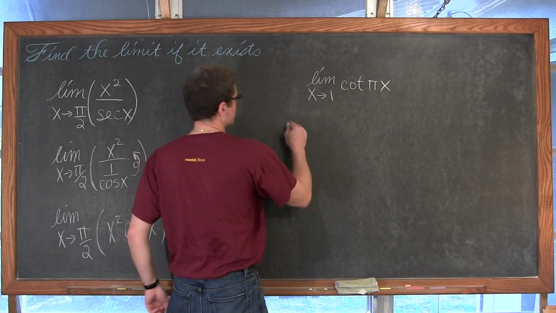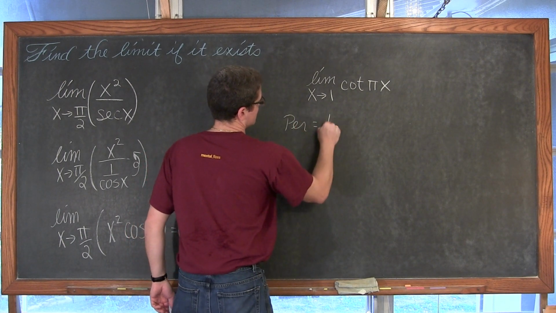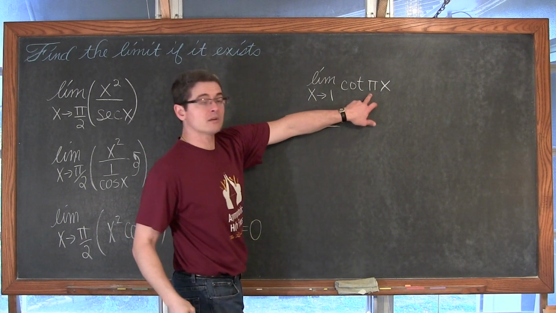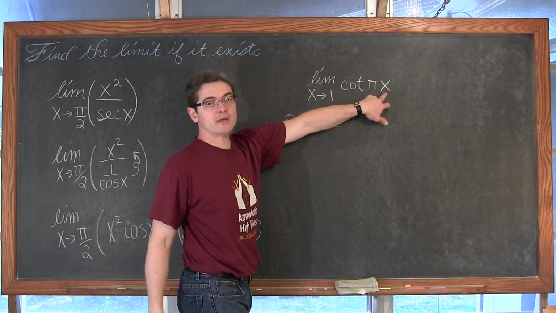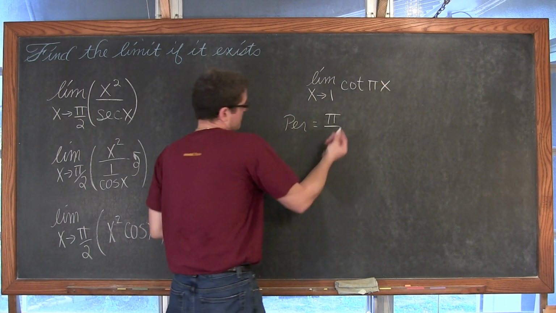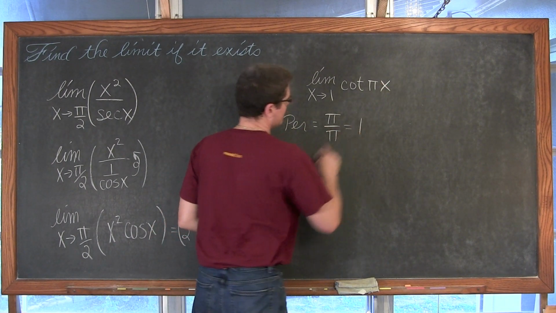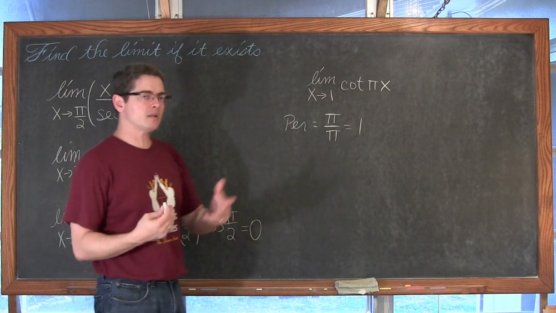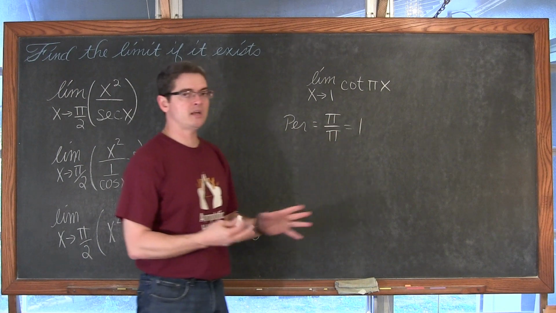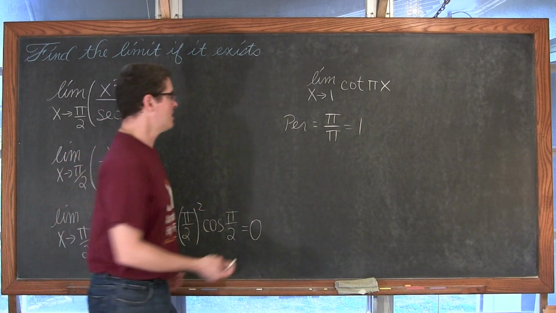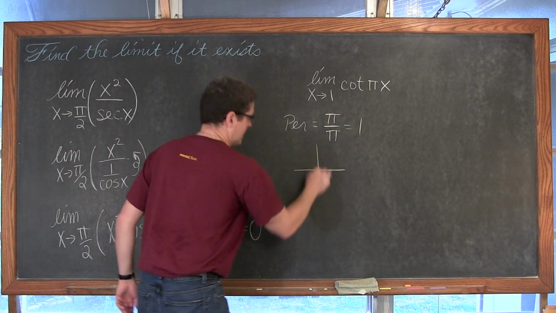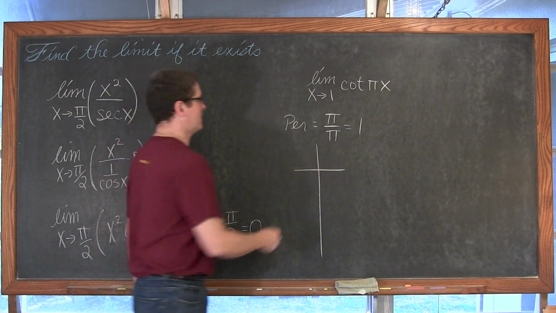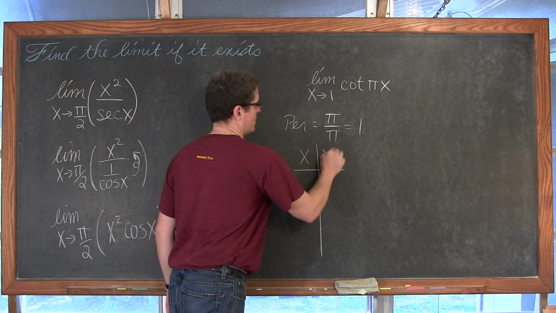So the period of cotangent is equal to pi divided by b, the coefficient of your independent variable. In that case, it's, again, pi, so the period is equal to 1. And if you want to graph a trig function and you don't remember exactly what it looks like, or this one's got a period change, then you can do a t-table starting with the phase shift and counting by 1/4 of the period. So we're going to say that x and y here.